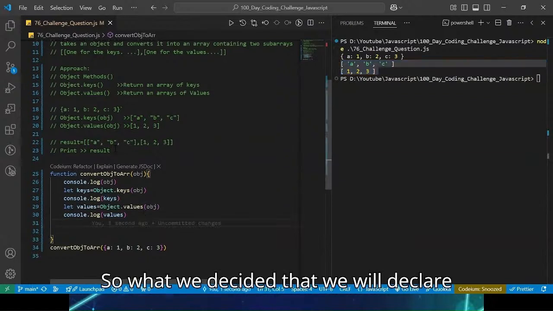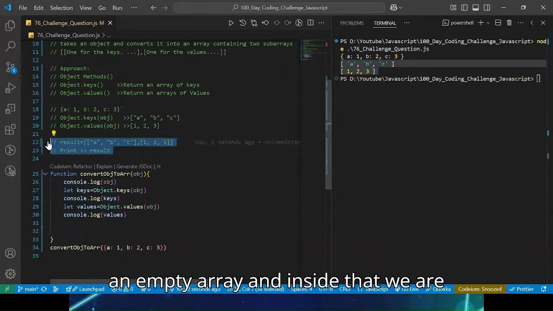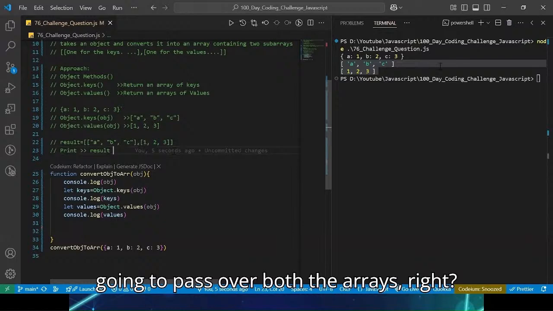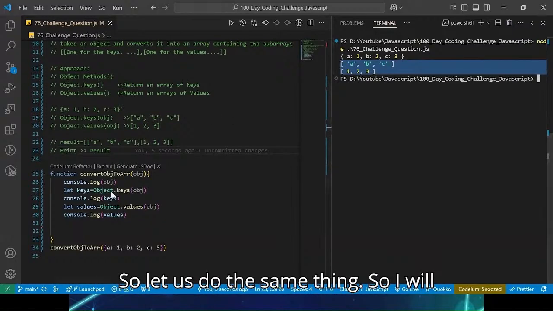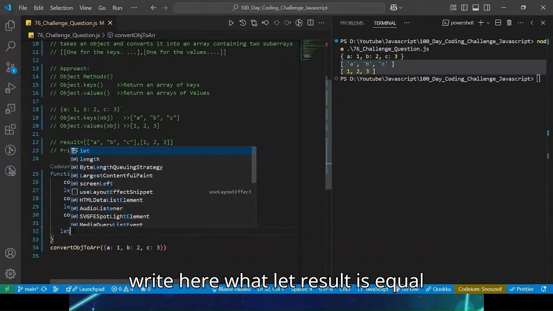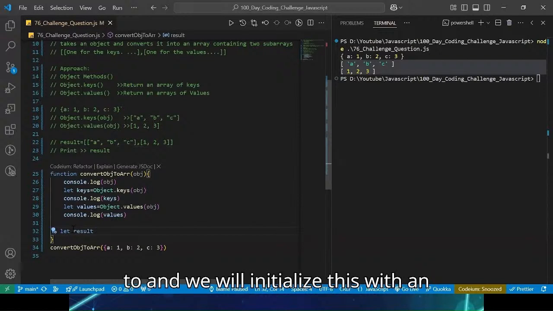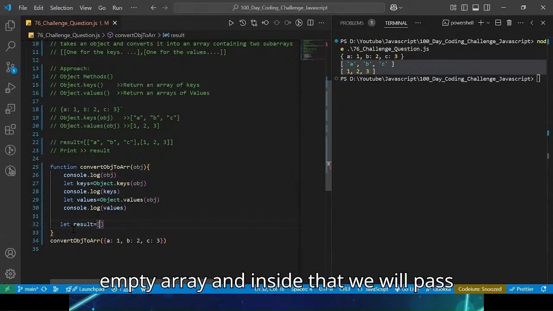So what we decided is that we will declare an empty array, and inside that we are going to pass both the arrays. So let us do the same thing. I will write let result is equal to, and we will initialize this with an empty array, and inside